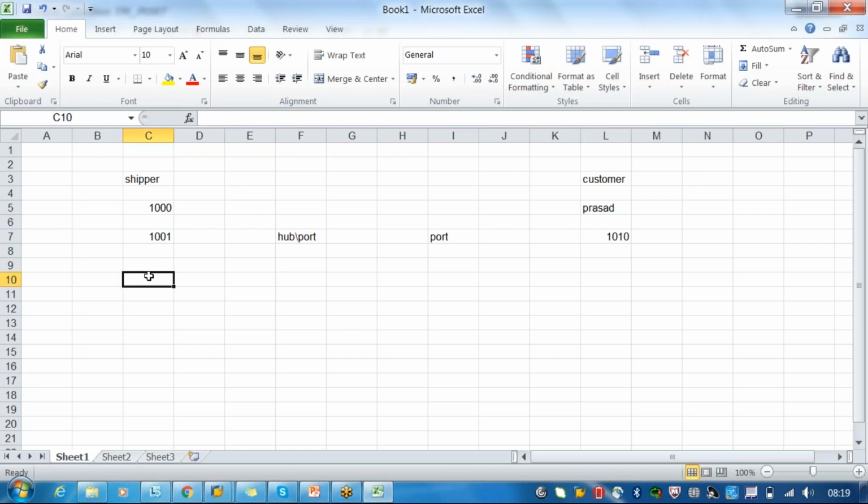We have one more shipper, let's say 2000, and we have another shipper 3000. All these are going to the same customer. So from here you are getting the laptops. From here you are getting, for example, mobiles. From here you are getting some iron ore.